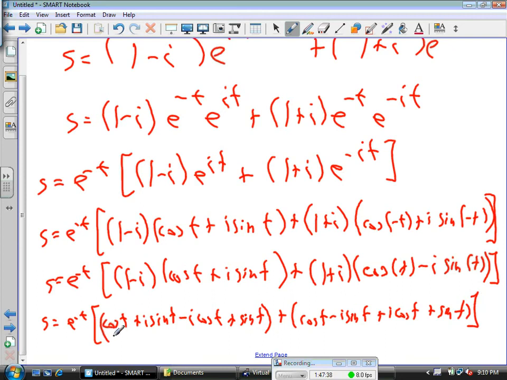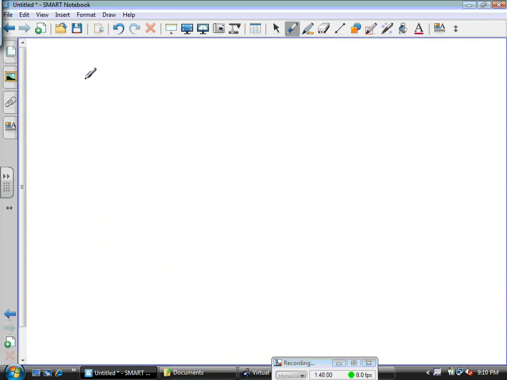So what happens? Cosine t plus cosine t is 2 cosine t, right? i sine t plus negative i sine t, poof. Negative i cosine t plus i cosine t, poof. Sine t plus sine t, 2 sine t. We ended up with